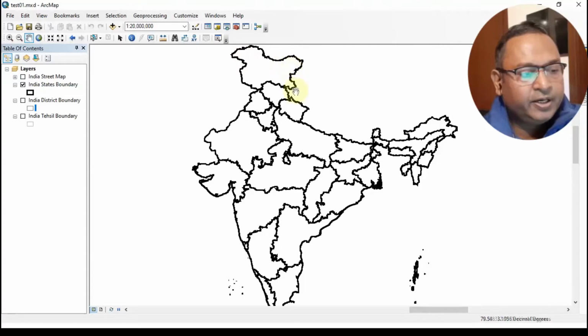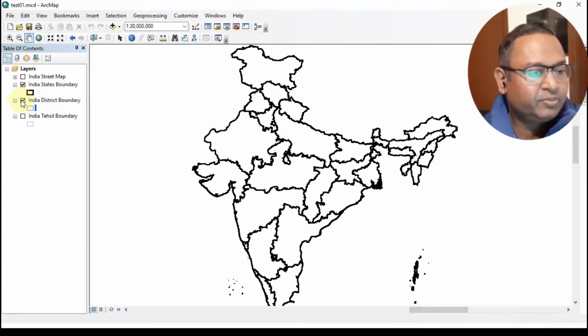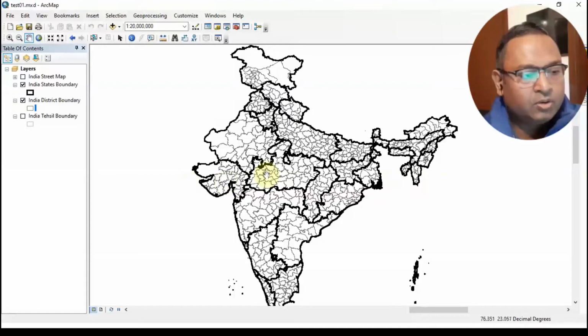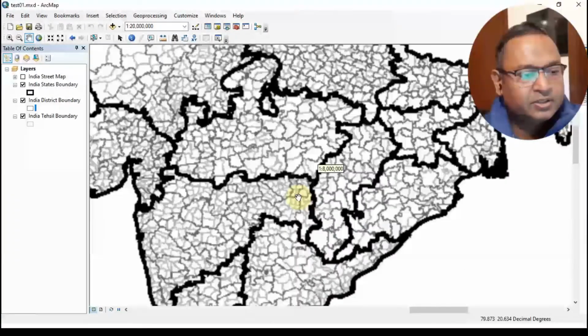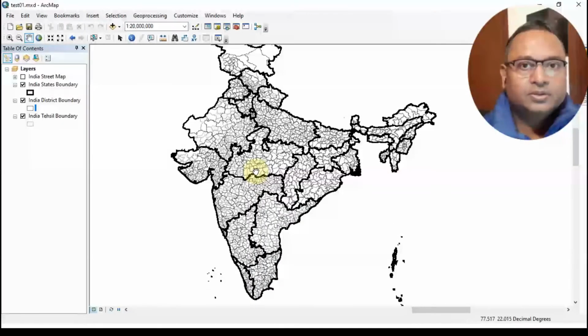Every boundary is a closed boundary and uses a polygon feature. If I click on the India district boundary, more polygons come into the picture. And if I click on the India Tehsil boundary, you can see even more polygons come into the picture. In this way, vector information is used to represent the geographical area.